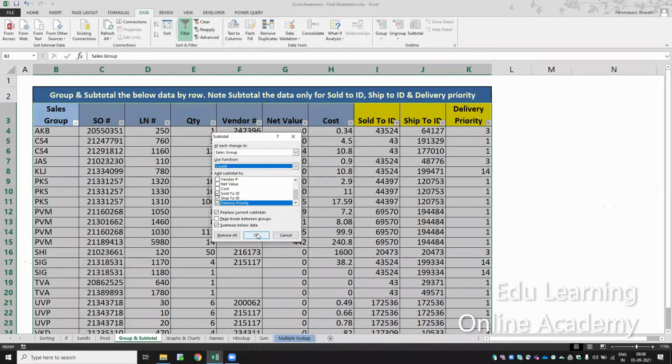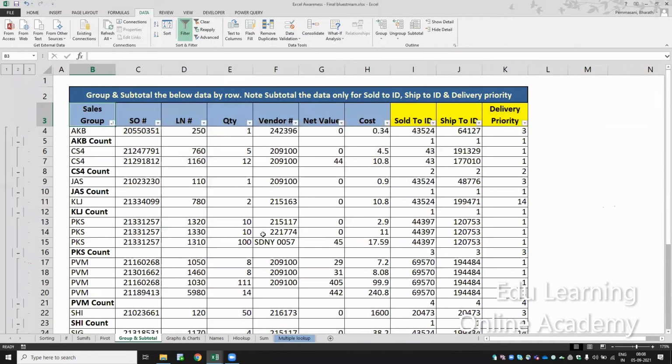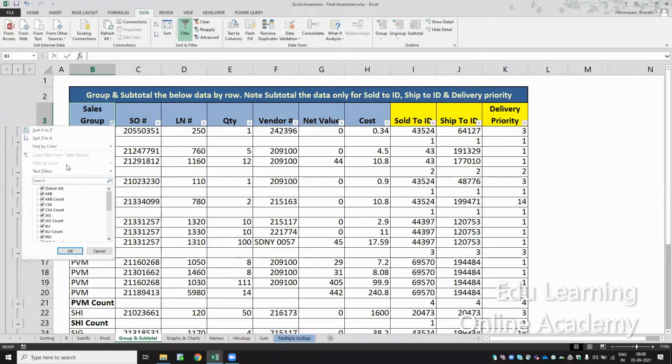I'll just select OK. So first we have to select the sales group. It is a group by function. So select the sales group, and what is the total count I wanted to see for this one in the particular sales group. So I selected OK. So if you see here, first let me make you understand with the help of count.